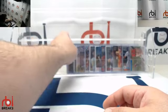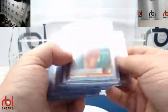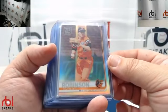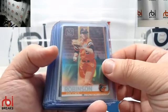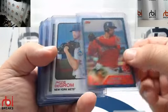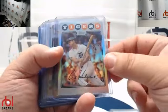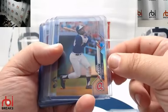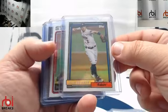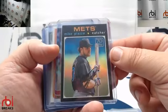Now for our 70 years of Topps. Trying not to blind you with this light. Brooks Robinson for the Orioles, Gleyber Torres for the Yankees, Rafael Devers for the Red Sox, Jacob deGrom for the Mets, Aaron Judge for the Yankees, Al Kaline for the Tigers, Hank Aaron for the Braves, Buster Posey for the Giants, Alex Bregman for the Astros, Steven Strasburg for the Nationals, Mike Piazza for the Mets,